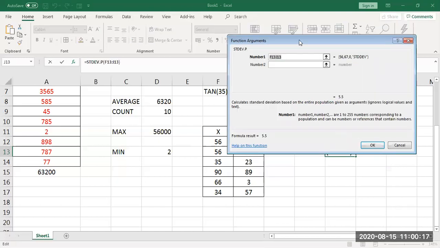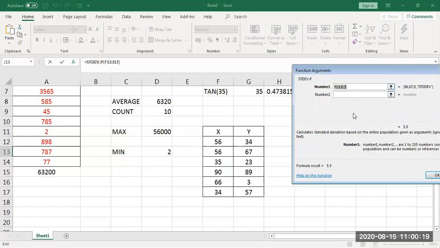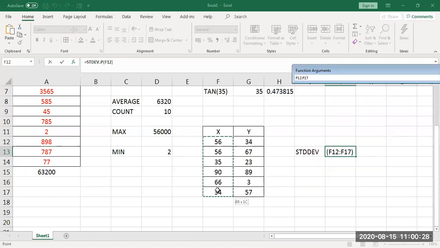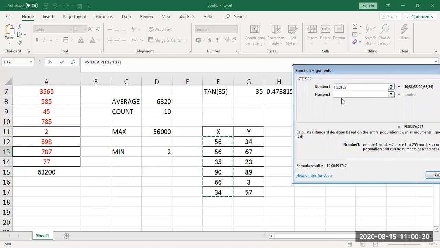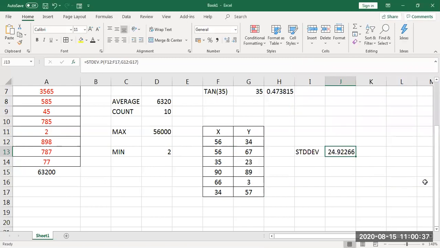Okay. Two ranges we have to show. That means one is the x value, another is the y value. Just select the range and show. After getting this window, bring the mouse pointer to this, select, and tell the system this is the first range. Then click on number 2 and tell the system this is the second range. Click OK. Your standard deviation is available. Would you be able to do this quickly and manually with a calculator? No. Formulas are already pre-designed in this.